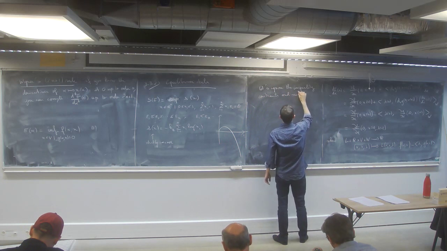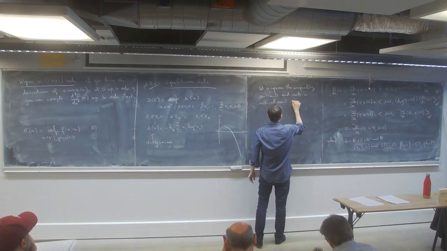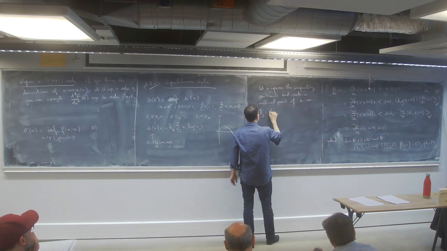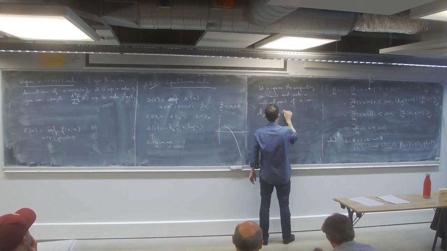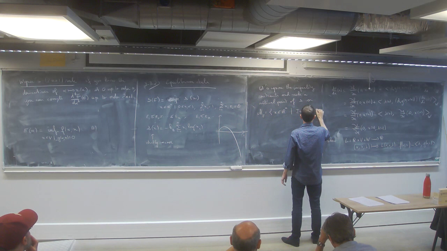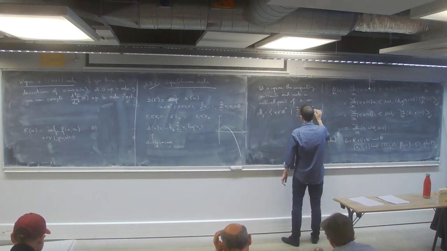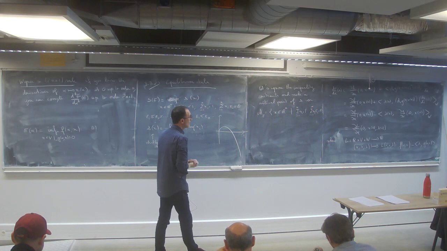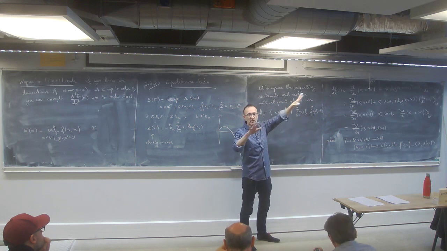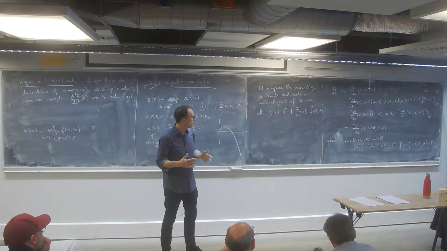and seek a critical point of S on M_E, which is the set of x in R^n such that the sum of x_i equals 1 and the sum of x_i epsilon_i equals E. So this set is quite simple, because this is the equation of a hyperplane, and this is the equation of another hyperplane. And so I know this is, in fact, a codimension two